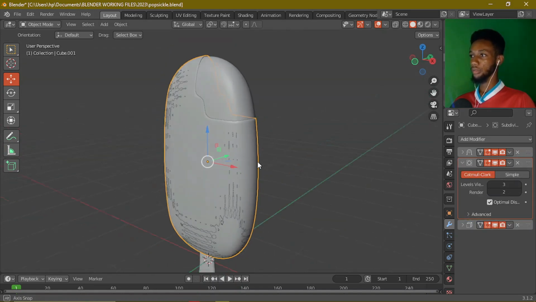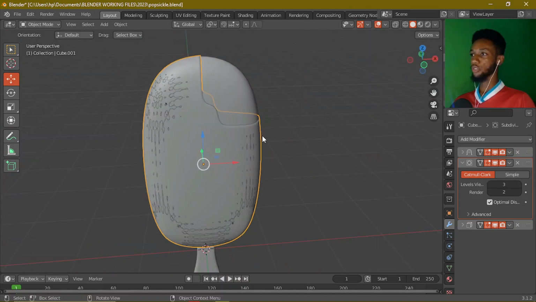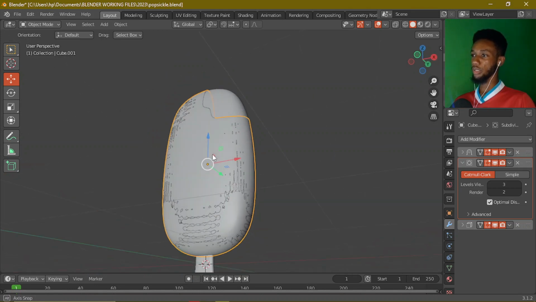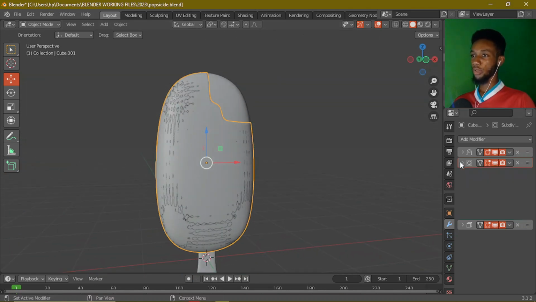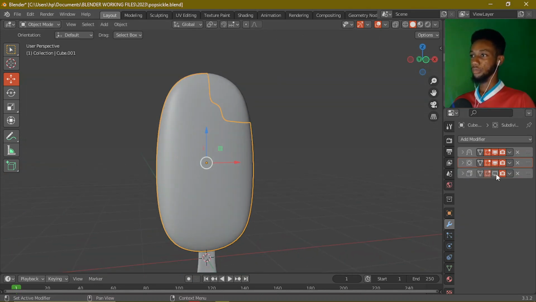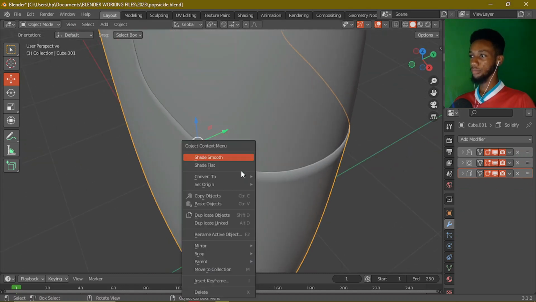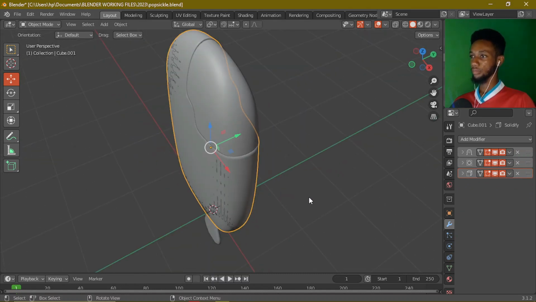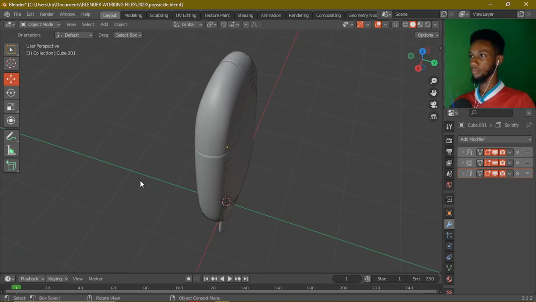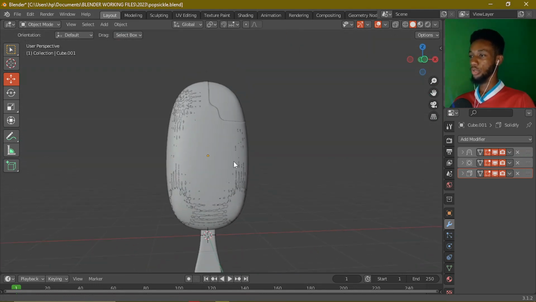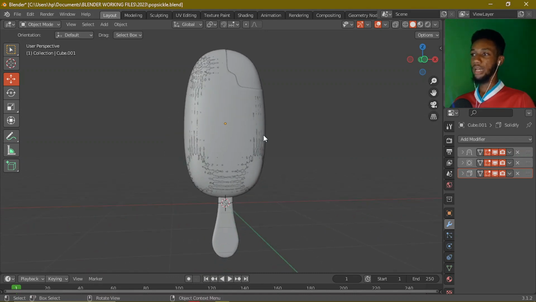Okay. So as you can see, our ice cream is showing, and then we have the chocolate also on top. All right. So this is what we were going in for. So let's see. Let's bring the solidify up on top first and see. Okay, I think the solidify should come later on. All right, so we have something like this going on,